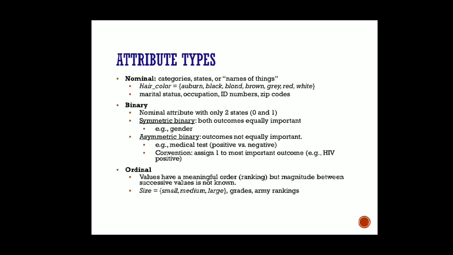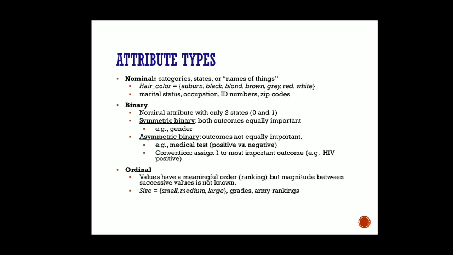Now if we focus on binary, then it's a kind of nominal attribute definitely, but it will stick to two states. We know, since the name itself is enough to describe this one, right? So it will have only two states, that is 0 and 1. Say we are trying to find out whether this patient is COVID positive or not. Whenever positive results come out, we put 1 to it. Whenever negative results come out, we put 0 to it. So it will become a nominal attribute. Then symmetric binary means both the outcomes are equally important.